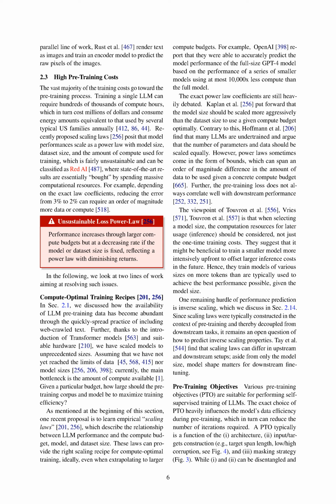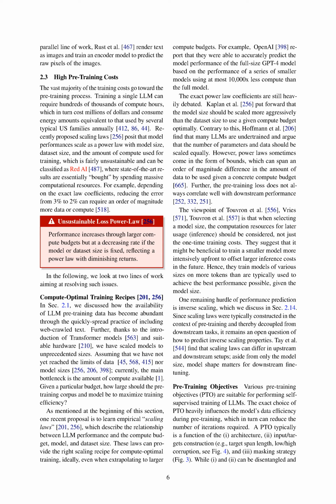Section summary. The high pre-training costs of large language models, LLMs, involve significant compute hours, costing millions of dollars and consuming energy equivalent to several U.S. families annually. Scaling laws propose that model performances scale with model size, dataset size, and compute used for training, leading to unsustainable practices. Compute optimal training recipes aim to maximize training efficiency by determining the appropriate pre-training corpus and model size based on a given budget, while empirical scaling laws